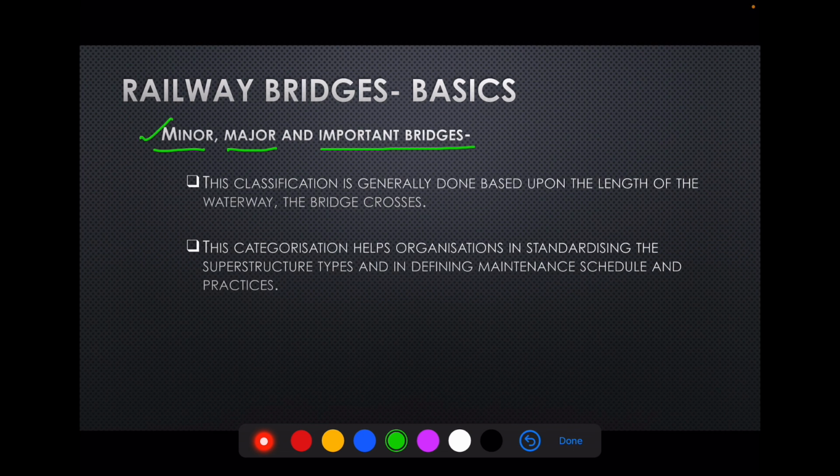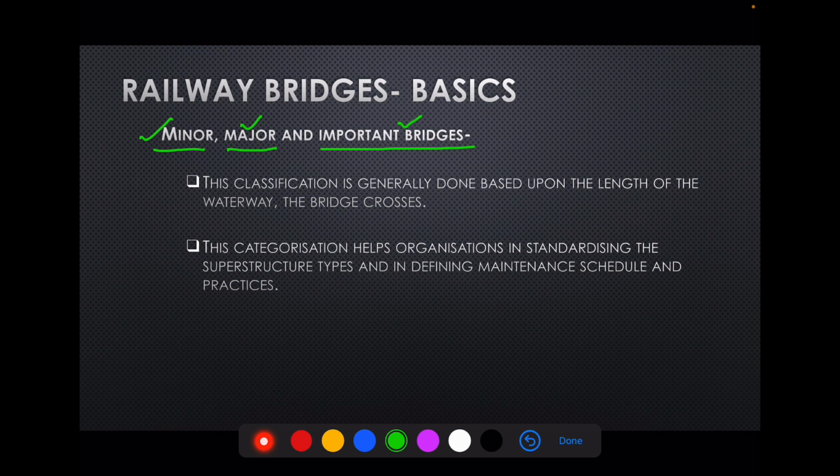If it is crossing an intermediate length, it can be defined as a major bridge, and if it is crossing a large river, large water body, large waterway length, it can be called an important bridge. Normally the bridge owning organizations define the limits in meters for these waterways